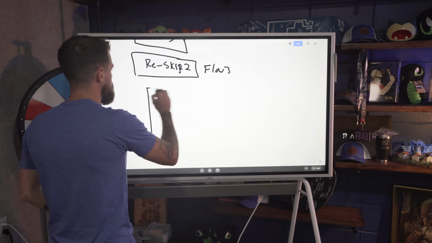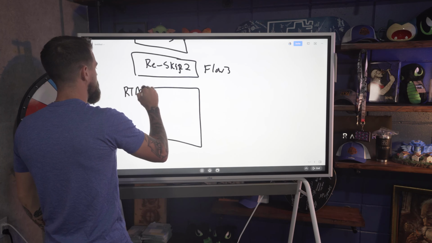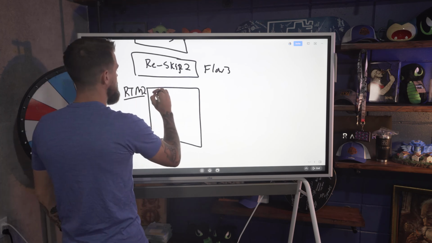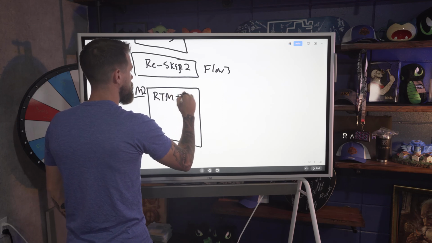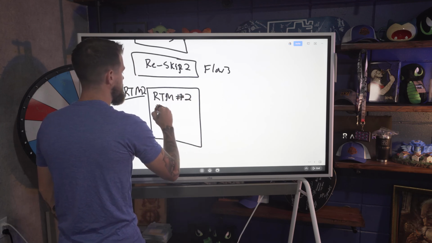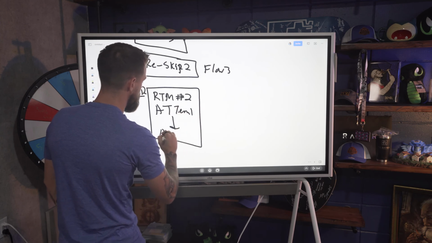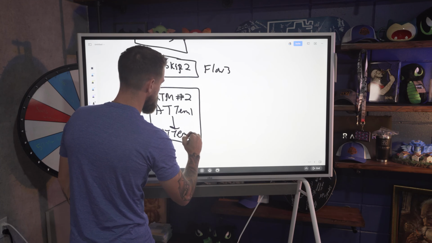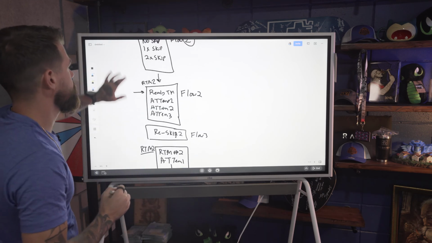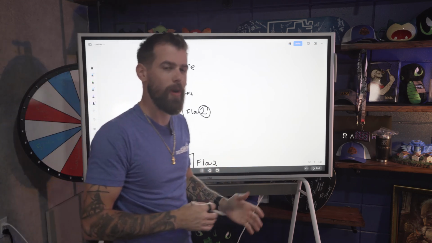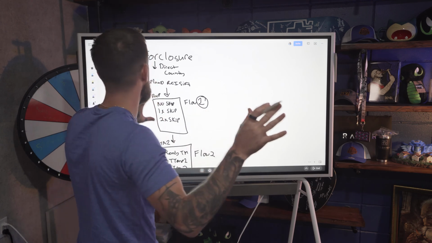And then we're going to have our next ready to market, number 2, which is going to be those that have been skip traced in 2 locations. And then we're going to do an attempt 1 all the way to an attempt 3 on those as well. And I know I'm running through it pretty quickly, but I'm going to tell you how you can get more information at 0 cost to you in just a second.